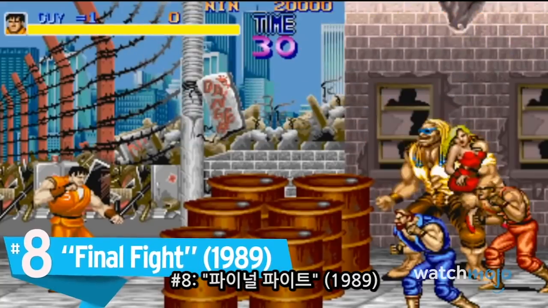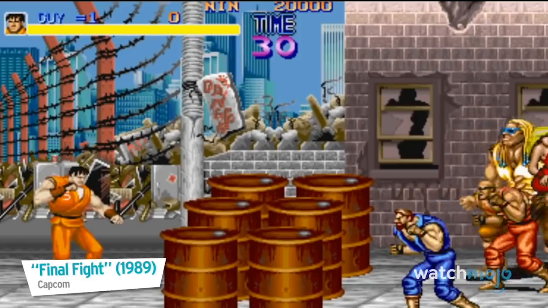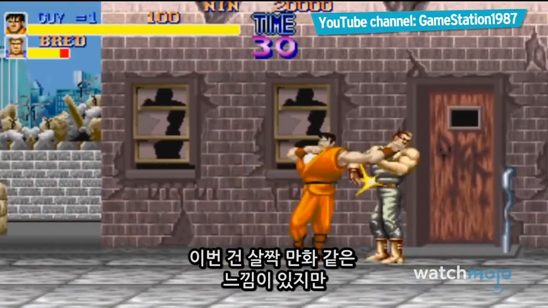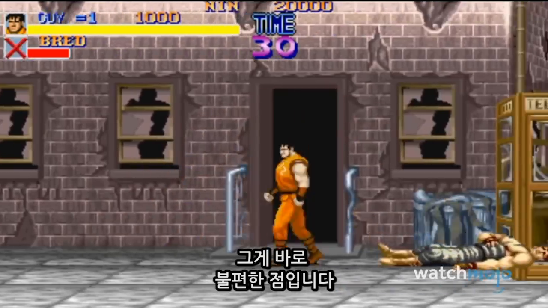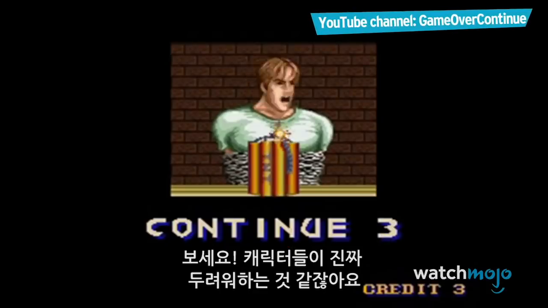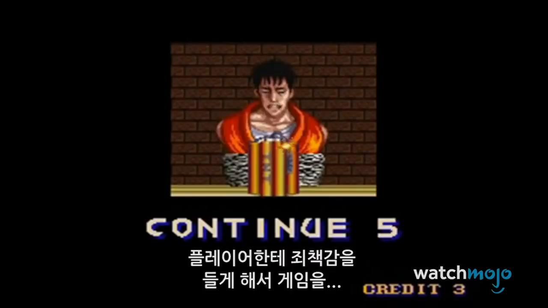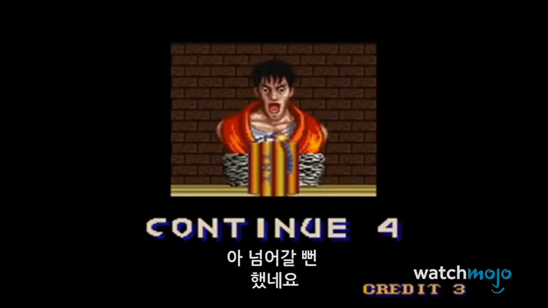Number 8, Final Fight. Okay, we'll admit that this one's a little cartoony in presentation, but what makes it disturbing lies in its character animation. I mean, just look at them. They all seem legitimately terrified for their life. It almost makes you feel horrible and want to keep playing to get, wait a minute,